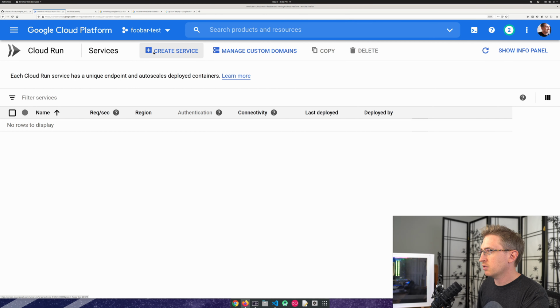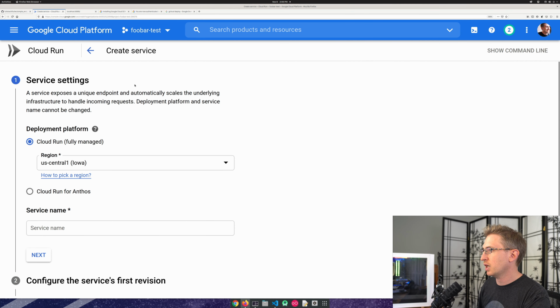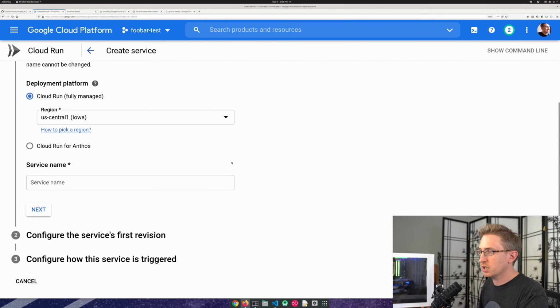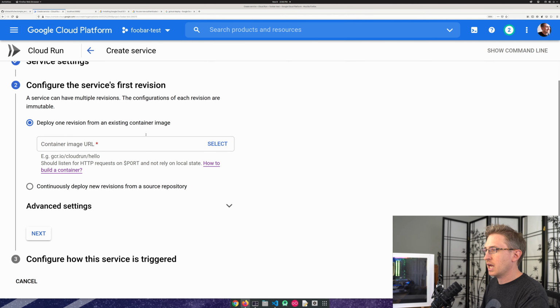I'm going to go to Google Cloud Run, say create service at the top here. There's a plus button at the very top here. I'm going to just keep the fully managed option selected. I can select my region though if I want to. I'm going to give it a service name. I'm going to say foobarnick, whatever, it doesn't really matter, -test1, for example. I'm going to say next,